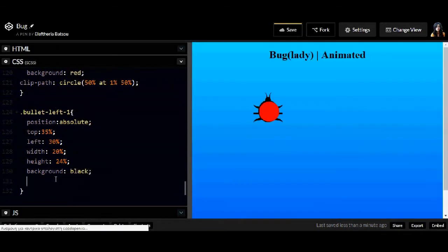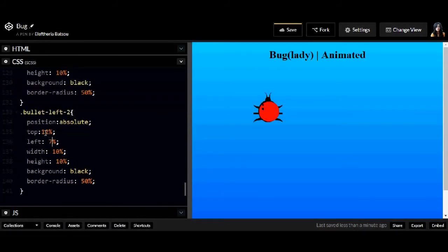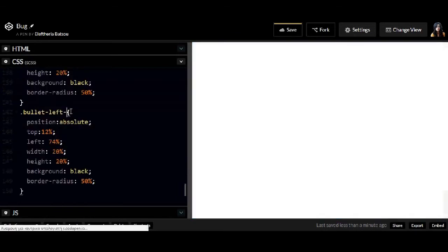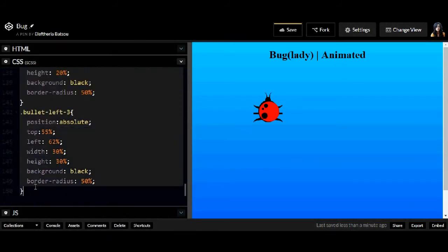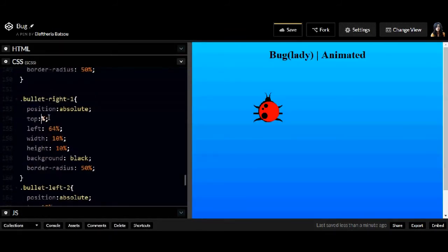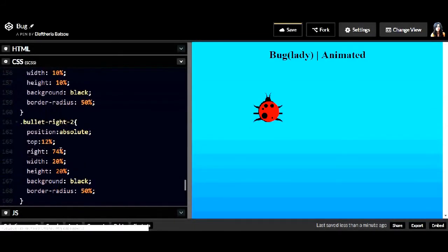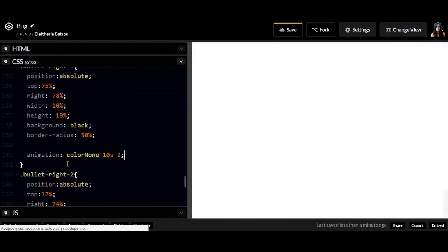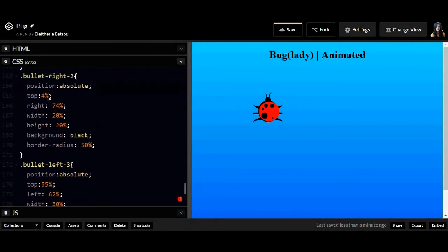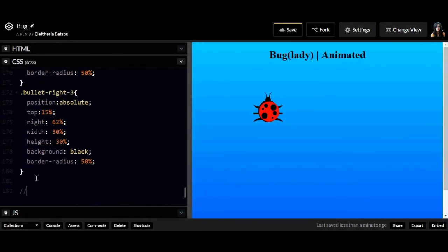Now as for the bullets, which will be our last part, I'm starting with a small one, and now I'll do a bigger one, and maybe a big bullet. For the right wing I'm going to do the same thing. I'm going to have these 3 bullets, and I'm just going to adjust them. For the bullets I don't think that I need an animation,